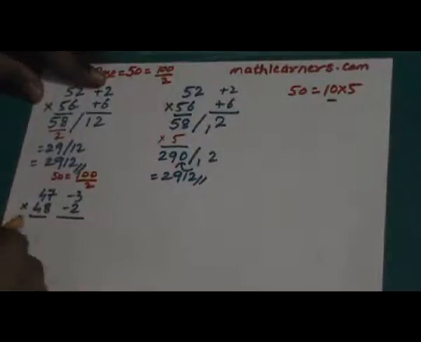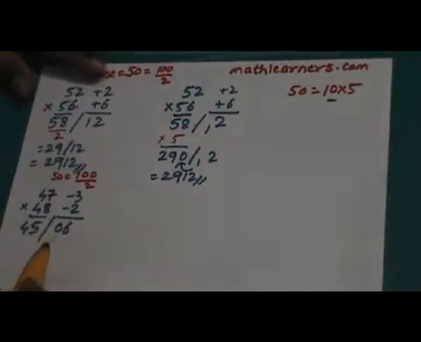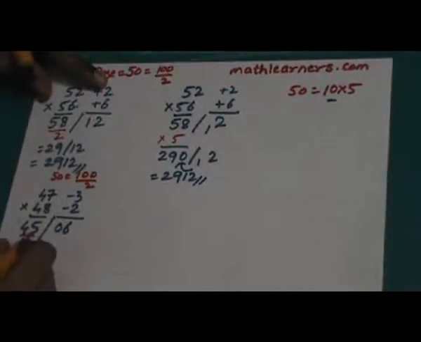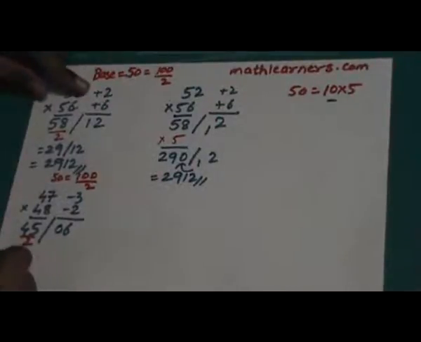Cross addition gives 45. Multiplication of right hand side gives plus 6. Notice here we had used 100, so we need to have 2 digits, so we'll write that as 06, and the base was divided by 2, so here as well we'll have to divide by 2, so that gives us